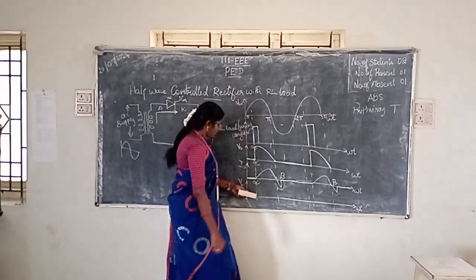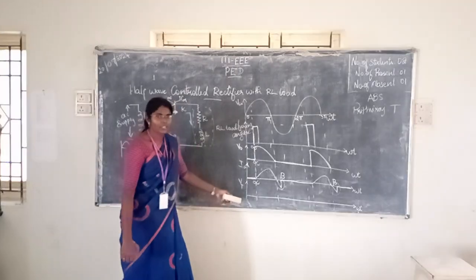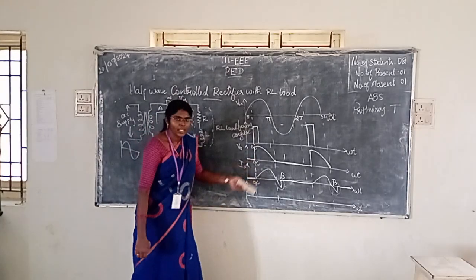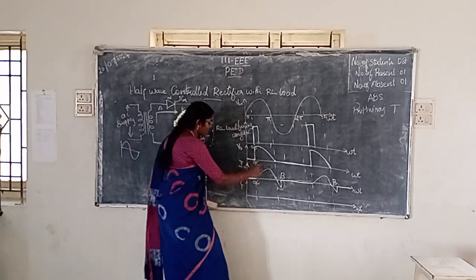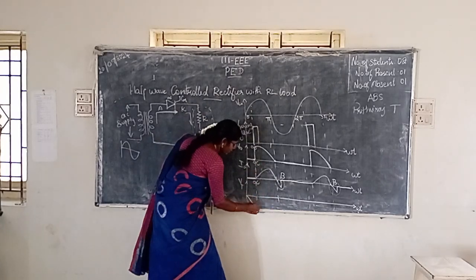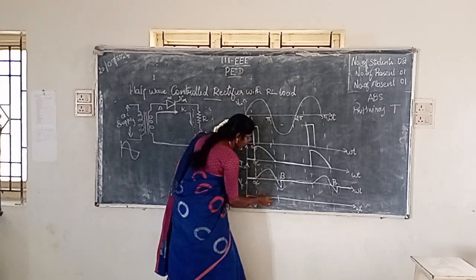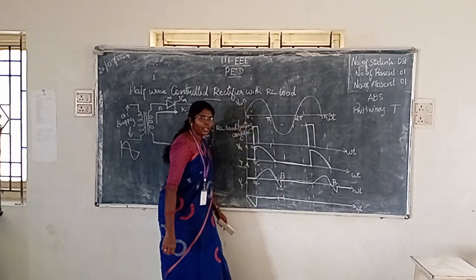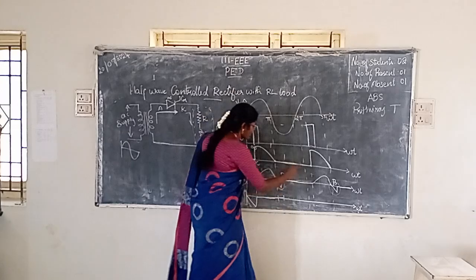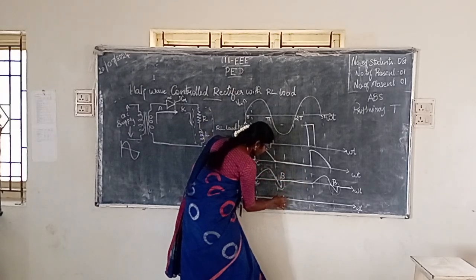Now what is it for the voltage across the thyristor? The voltage across the thyristor is straight opposite to the output voltage. If it is 0 here, it will still be in conduction. From alpha to beta there won't be any voltage across the thyristor, and after that, where it is 0, it will still be in the